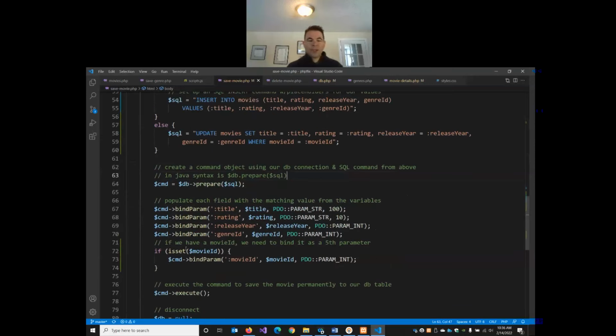Okay, so Tyler, make sure your bind param on movie ID is only if movie ID is set, okay? Because if movie ID is not set, we only want 4 bind param statements. We only run this one when we have a movie ID. The other thing I could do here,